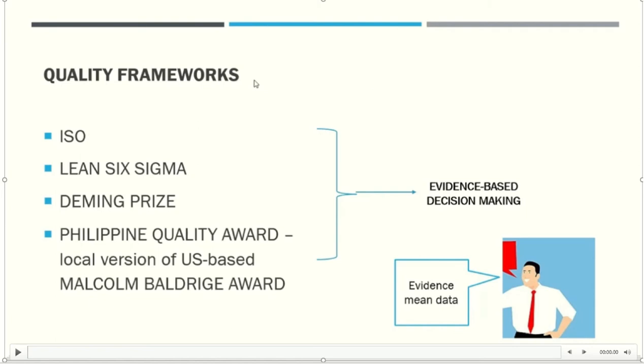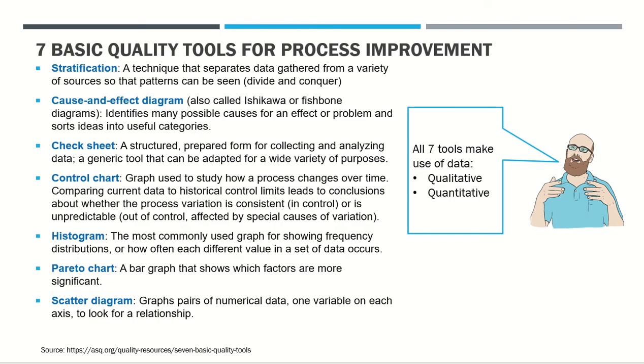So all these frameworks, they have some philosophy, and one of these philosophy is yung decisions should be made on evidence. So evidence means data. So in the quality management movement, there are tools that you use to improve your operations, to improve the processes. What are these tools? Okay, over the years there have been several tools developed to improve the process, but these are the first 7 basic quality tools: